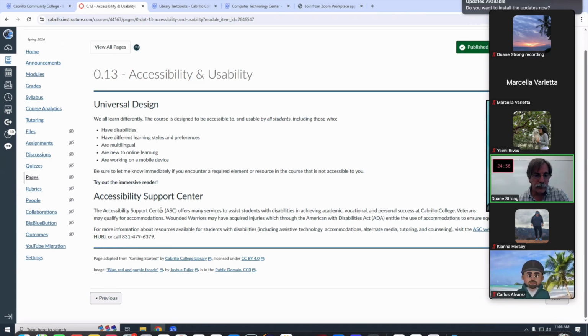And then if you need more time on tests, or you need to take tests in a different place, which really isn't a thing for us because all our tests are on Canvas, you can go to Accessibility Support Center, ASC, and they'll talk to you, interview you, and figure out, you know, what you need. And then they send me an email. I get an email, I've gotten one already, with your accommodations, like if you need more time on tests and how much time that is. Every time I do a quiz or test, I go in and I set for that individual person what their accommodation is. So hey, talk to these people if you feel like you need extra support, right?